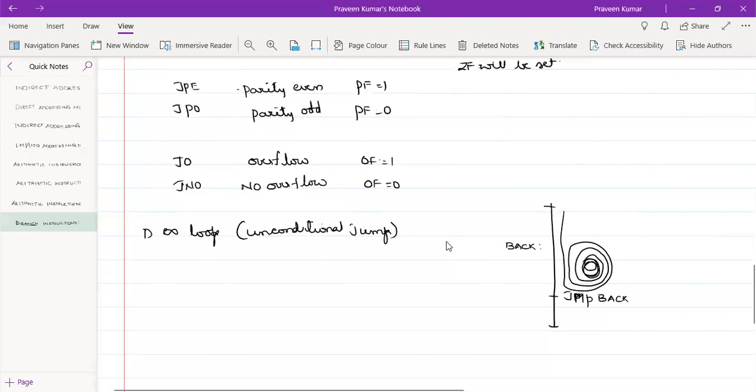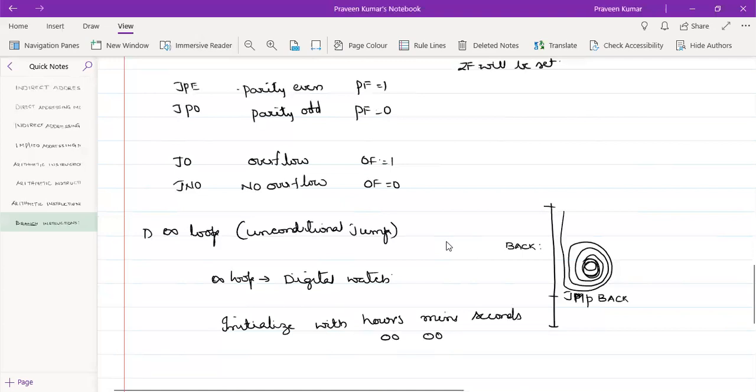And it is forming an infinite loop. So where is it used? Now we have to get clear whether infinite loops are used or not. The best example is a digital watch. What I will be doing is initializing the digital watch with hours, minutes and seconds, all zeros.